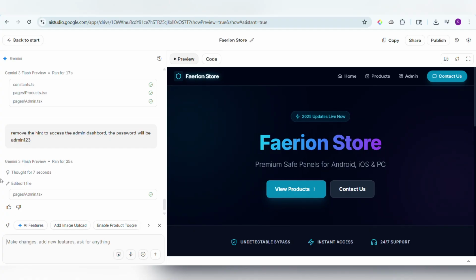If you have an existing project with multiple files, you can upload your entire code base directly into AI Studio. The AI will use those files as context to understand your project and suggest or apply edits across your code